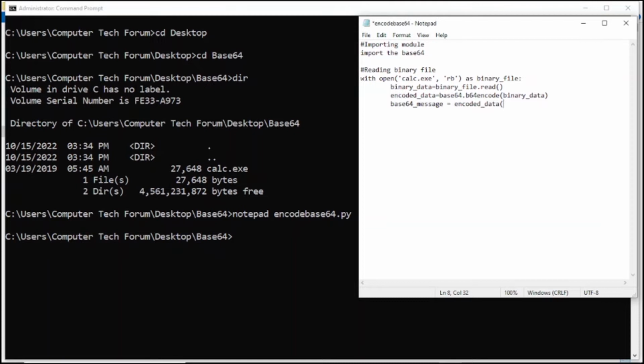So we're going to use encoded data dot decode, using UTF-8. So close this. I can now print my encoded data to be base64 message. I can save,